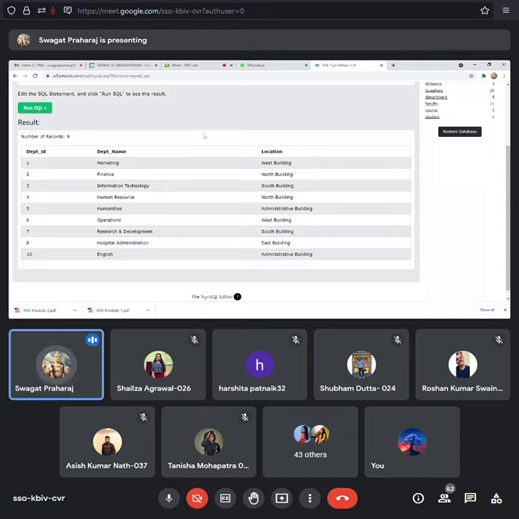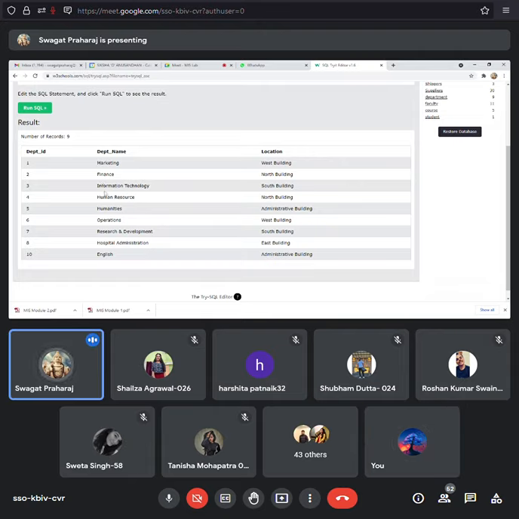This is what you will be creating. You will be creating this table, you will be inputting the data, and you will be deleting the data. That can be done. For example, how many records are there? There are 9 records.